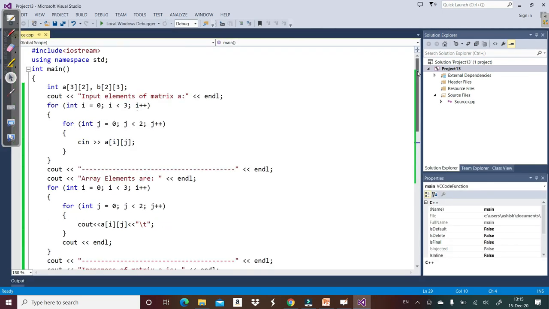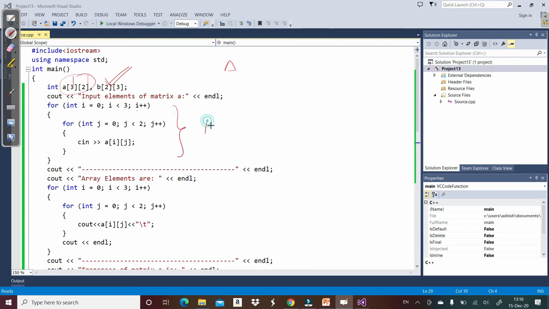So just for revision, what we did in this program: we declared one matrix A with 3 rows and 2 columns. Now we want to perform the transpose of this matrix A. We know that to find the transpose of any matrix, we have to replace rows by columns and columns by rows. So I declared another matrix B in which I am going to store the transpose of matrix A, and I declared this matrix in the reverse dimension.